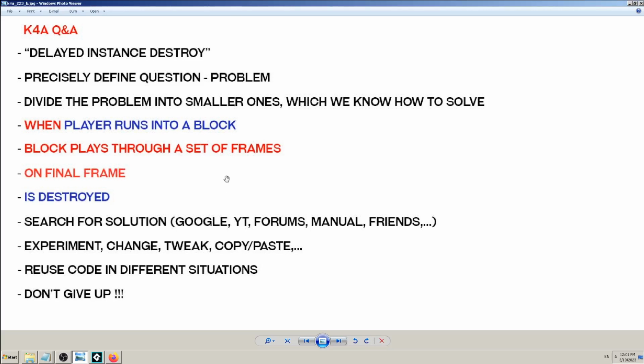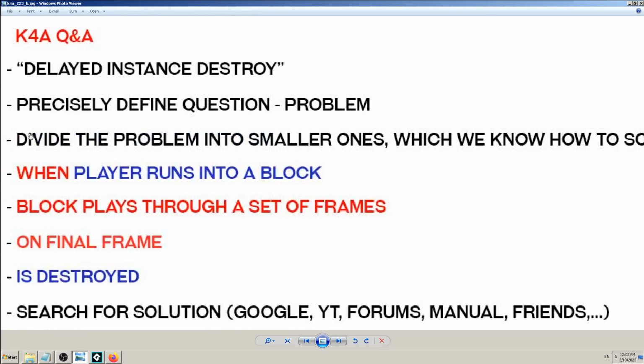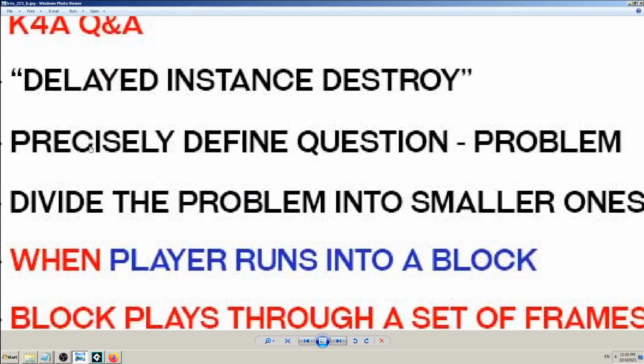Just use the simple block, and you can use it, for example, to destroy or collect coins on the screen, destroy some blocks, or something like that. So that would be instance destroy, but now we have instance destroy after some time, after some animation frames are played through. So I called it delayed instance destroy, and the first thing, which is probably the most important, is to define